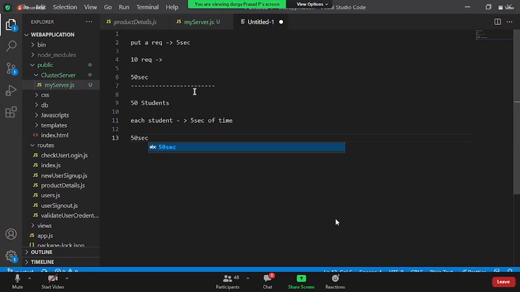And who is taking care of it? He is taking a request and processing it. Obviously, he is Prasad again. It is not a different person, the same Prasad, but multiple copies got created. Now, all the requests will be finished in just 50 seconds of time. This is how you're increasing the performance of the server.